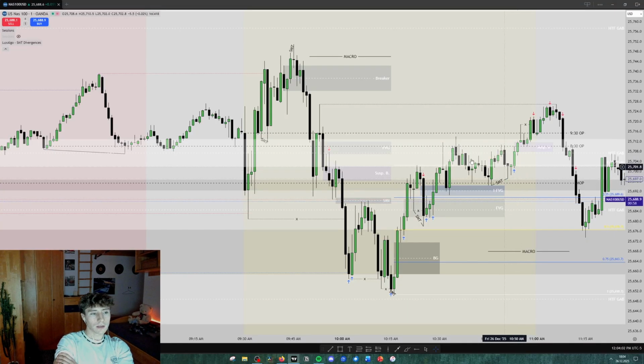We are still expecting higher prices, especially trading into the 5-minute and 1-minute fair value gap right here, and also to take out the buy side liquidity right here. Therefore I expected higher prices within the London close macro. I added one last contract. I think now I was long with